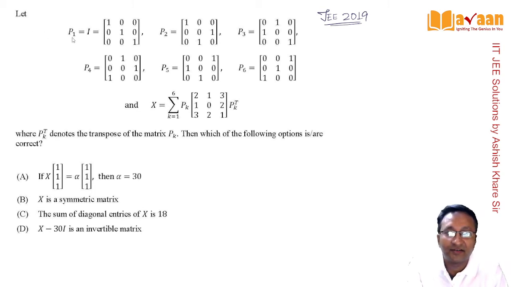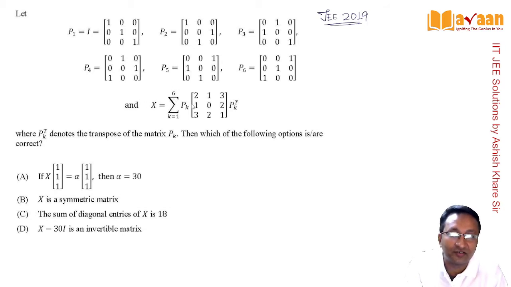There are six matrices. P1 is obviously I, they have mentioned it clearly. P2, P3, P4, P5, P6, all having each row's elements 1 and zeros. So that means there is one single one in a row or a column and all other elements are 0. This is the observation that you have to make, and then they have defined a matrix X which is summation